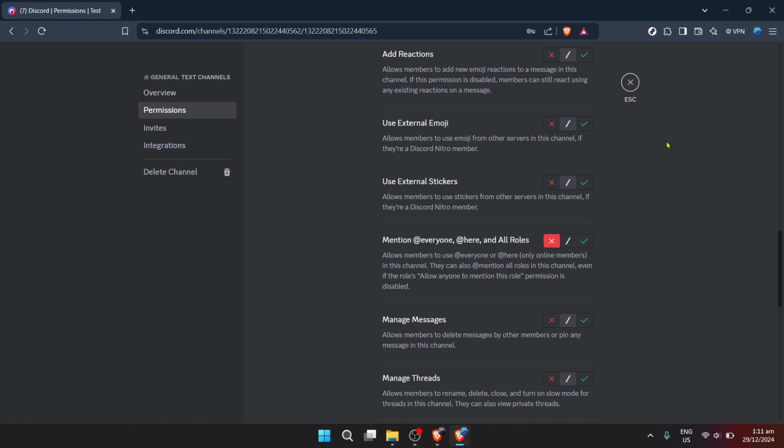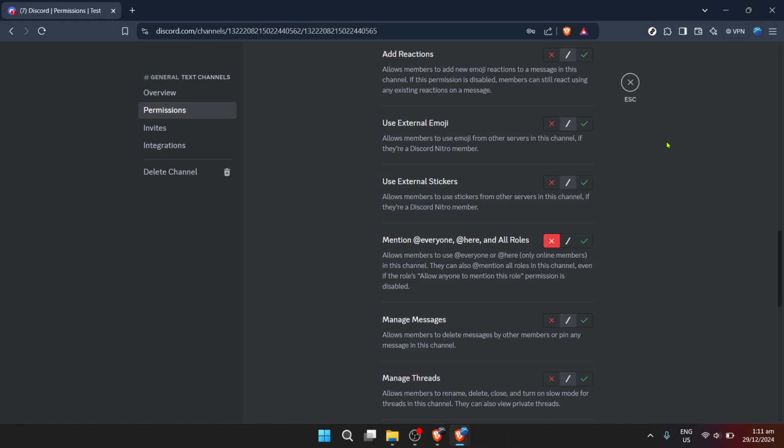Remember, communication on your server doesn't have to suffer because you've disabled the @everyone tag. Discord offers a plethora of ways to reach out to members individually or in specific roles, ensuring your messages are still heard by the right people at the right time. You can create custom roles with specific permissions, allowing for targeted messaging without overwhelming everyone.